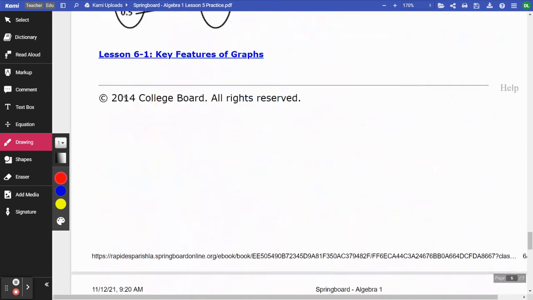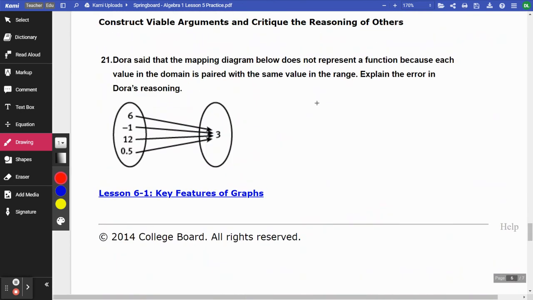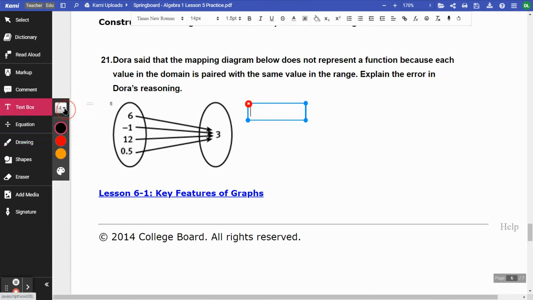So we're going back down to 21. Why is Dora wrong when she says this is not a function? Even though it's the same output, it's still every input has exactly one output, right? And so Dora is wrong with this because, and I'm going to just type this up because it'll be a little easier, a little cleaner if I type it. That the mapping, right? The mapping represents a function